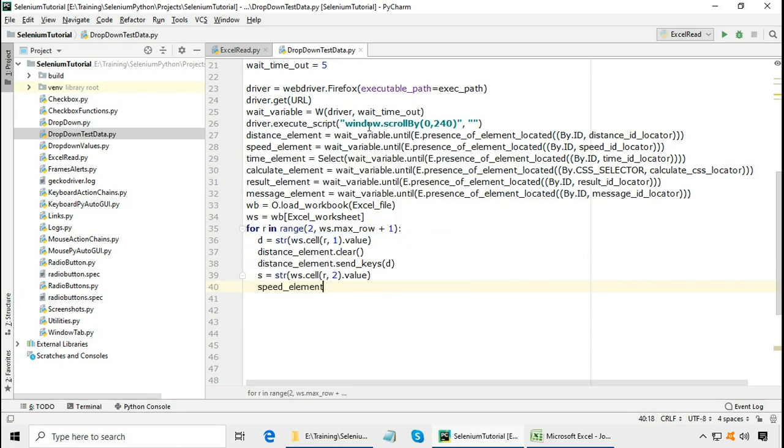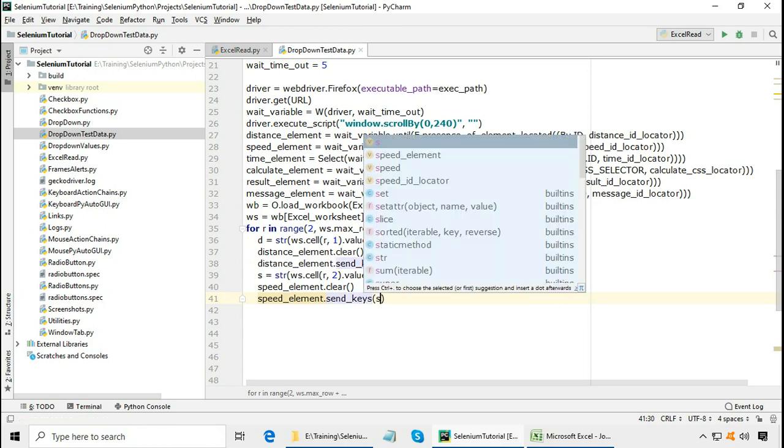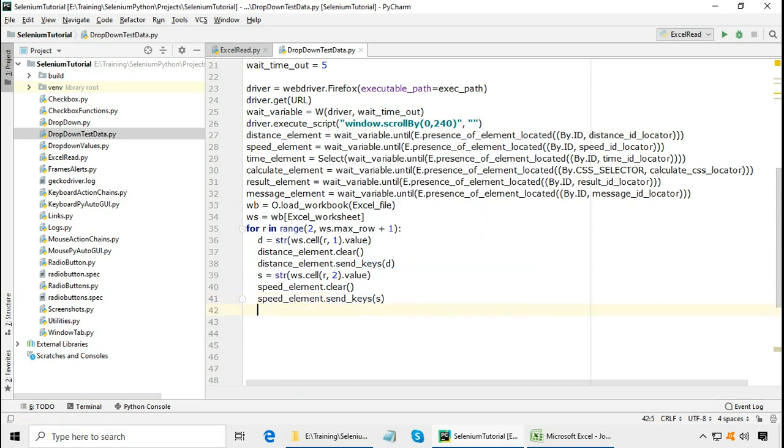Then speed element dot clear, speed element dot send keys method, and send S to it, whatever we have read from the Excel file. Then T is the time.